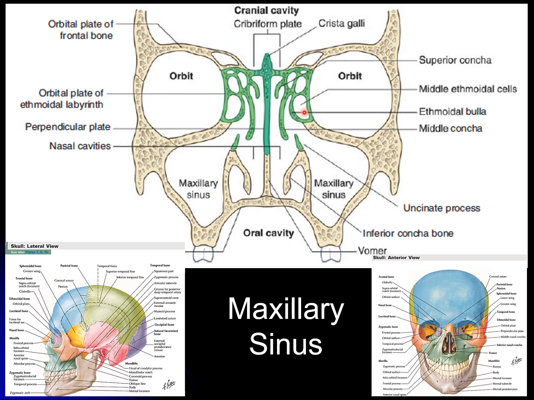Now the middle ethmoidal cells are larger in size and they are projecting toward the lateral wall. Like we can see the concha, the ethmoidal cell collection is down, and due to the presence of these, there is a projection or convexity towards the lateral wall, and this is known as the ethmoidal bulla. So basically the ethmoidal bulla is a convex or elevated area forming a bulla or projection, because of the presence of middle ethmoidal cells inside.